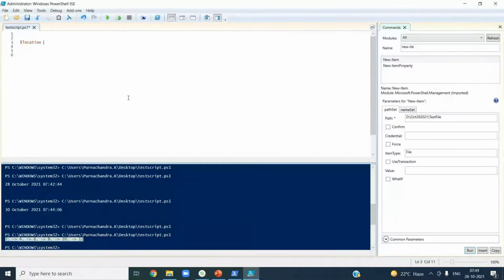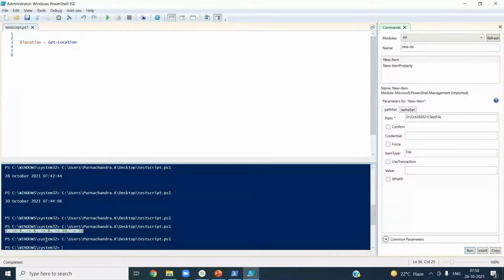You can declare like this, or you can declare and use some content as well, some output of some command as well. So, okay, now something is written to this dollar location basically, but you don't know, right? It is executed, but it is not showing this one. But if you want to see this one, all you need to do is simply use this command like this